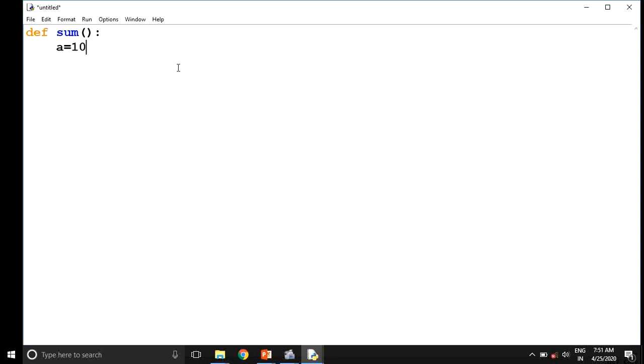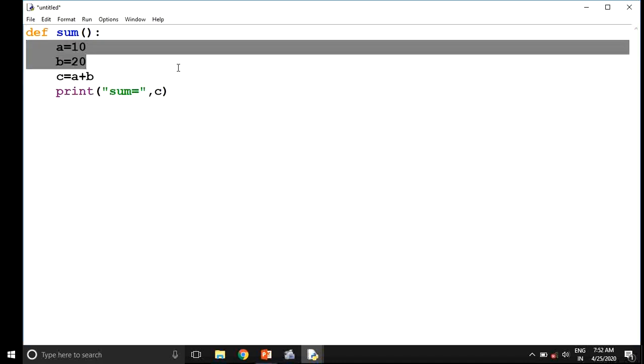So first number I am taking 10 in A, second number I am taking 20 in B, and addition of two numbers will be stored into C. So C is equal to A plus B. Here I will print the sum, that is "sum is equal to", this is the message, so it will come inside the double quotes, and variable C. Now this is the definition of the function. One thing you will notice here, that after hitting enter in each line, these spaces are coming. First here this is space, and this space. These are called indentation.